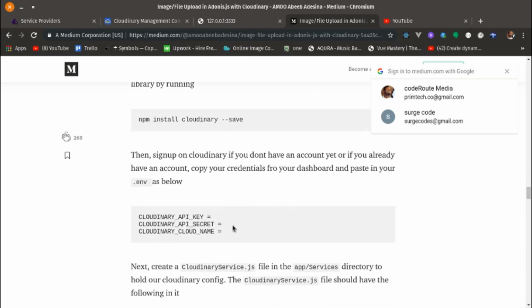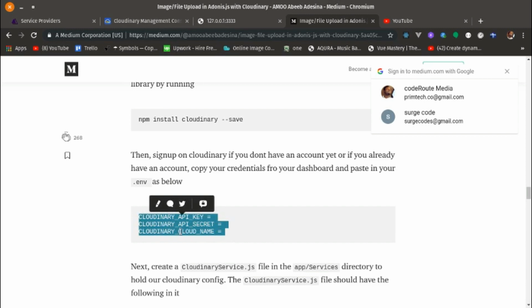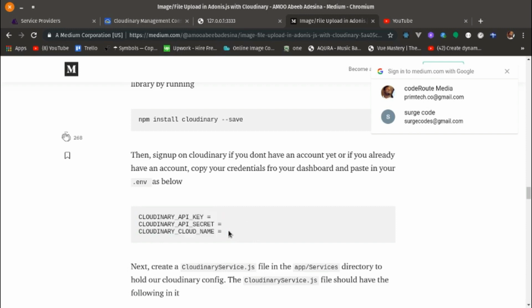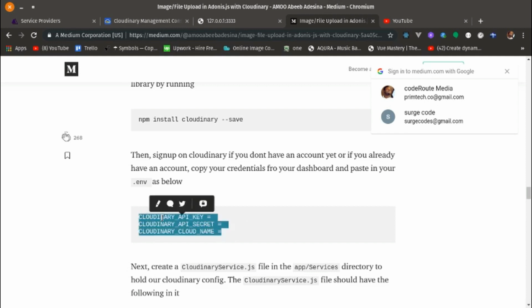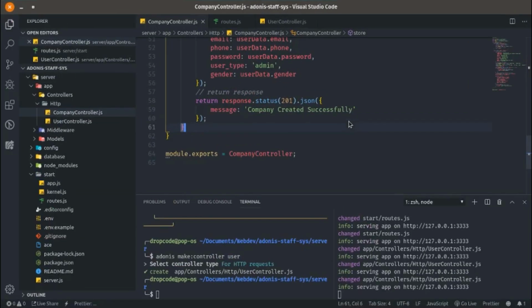Then the next thing you're going to have is the Cloudinary API key, Cloudinary API secrets, and Cloudinary cloud name. All this will be displayed on your screen right now for you to copy into your .env file. I'm also going to show you guys how to set that up right now. So let's go back into our application and quickly set that up so we can upload our images to the